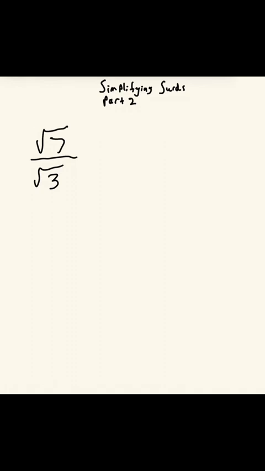So the way we can do that is we multiply this whole thing by the base of that fraction. So we do square root of 3 times square root of 3, and then the square root of 7 times the square root of 3. So if we do that, do it down here. So if we look at the top first, so we have 7 times 3, so it'll be the square root of 21